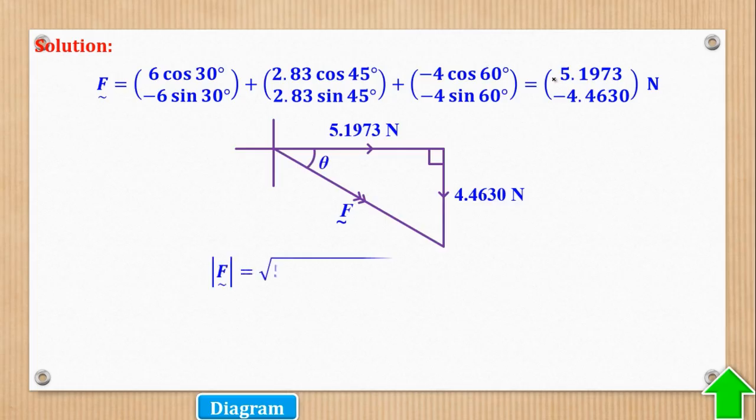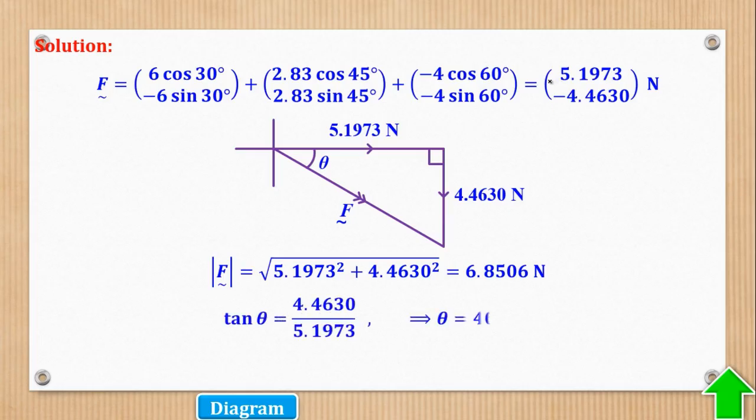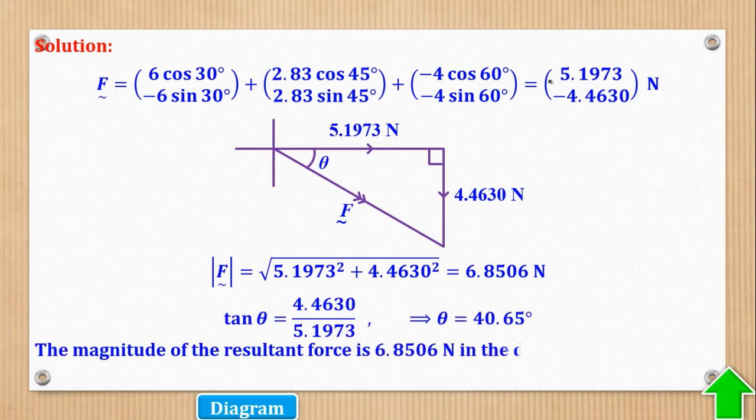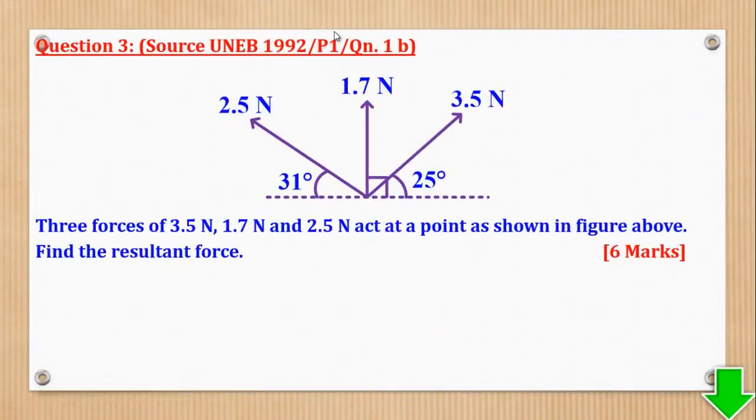So by Pythagoras theory, I can get the magnitude, and also by SOHCAHTOA, I can get the angle. And then I'll state or conclude the magnitude and direction. So the same procedure will be used for all these questions, but I shall do a number of them for it to be